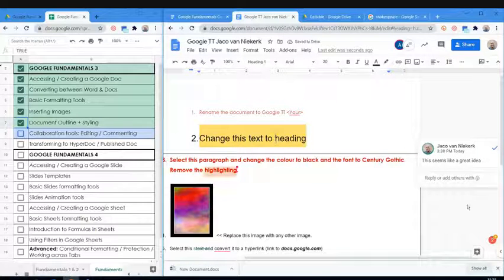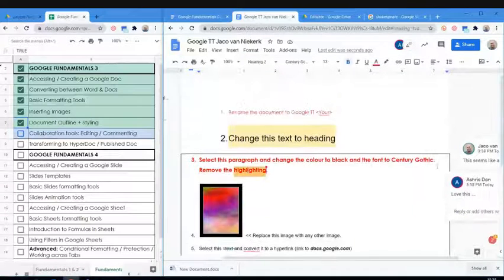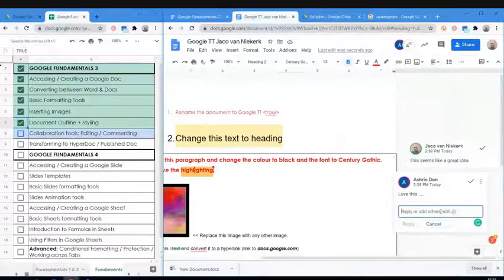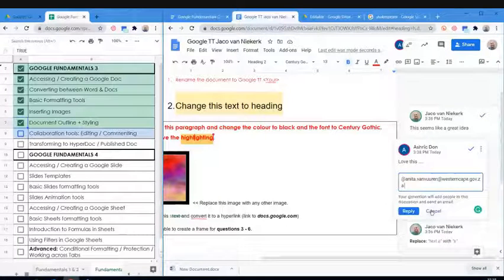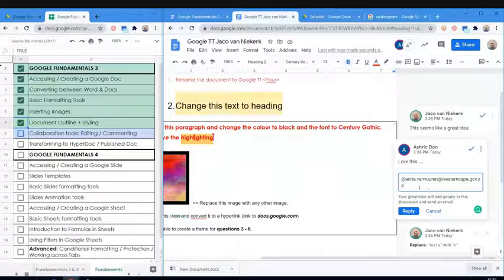Now, Ashrik will have access to this, and he would actually love this. Right, so he said love this, but I can now reply, etc., to whatever it is that he's saying. What is quite nice, though, and this is something that not a lot of people do, if I use the @ sign, I can actually assign this to someone. So let's say, for example, I'm going to assign it to Anita van Vieren. What happens then is, because I've used the @, she will receive an email directing her to this comment that says she needs to pay attention to this specific thing,